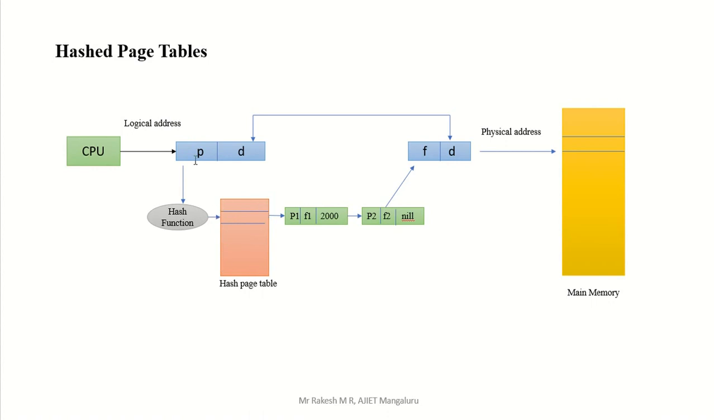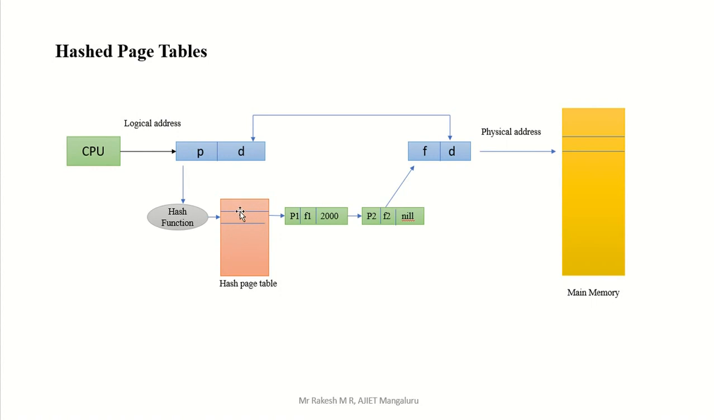Okay, again I will repeat. Here the page number is there in your logical address. On that required page number, we are going to perform one operation, that is a hash function. After that, the output is one number. That number we are going to search. That means actually it is an address. That address we are going to search in your hash page table. There I am going to get